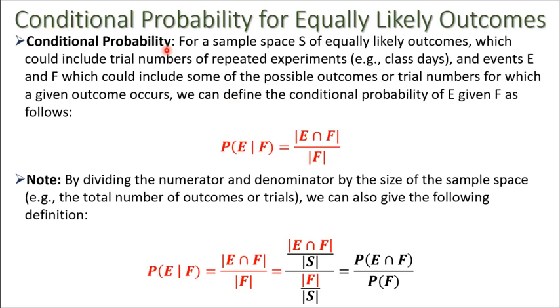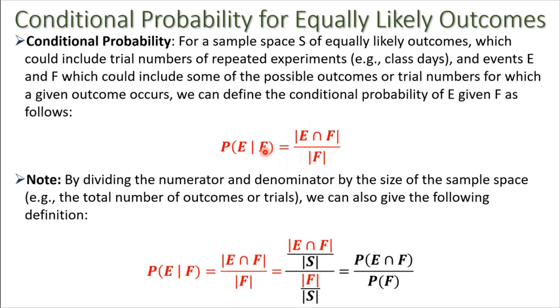So this is really general, completely general to any type of experiment where we have a sample space of equally likely outcomes. So if we have an event E and event F, we could define the probability of E given F to be the size of E intersect F over the size of F. That is, we only consider outcomes that are in both E, the event E, and the given event F, divided by the total number of outcomes that are in F, because we're only considering the ones in F since that's